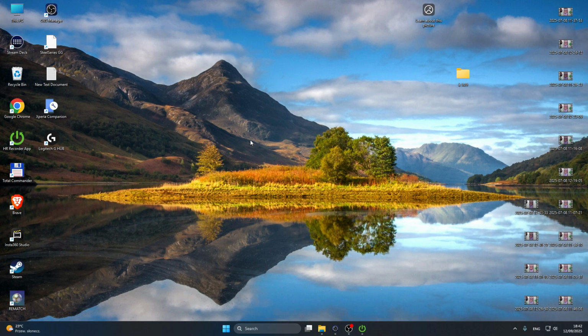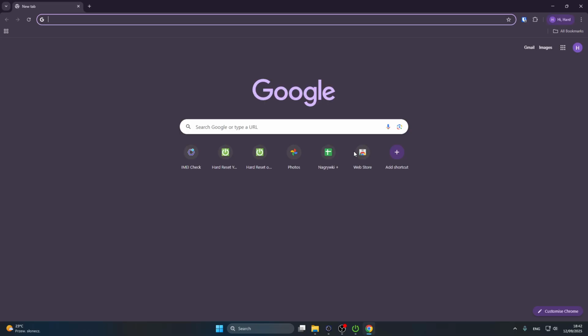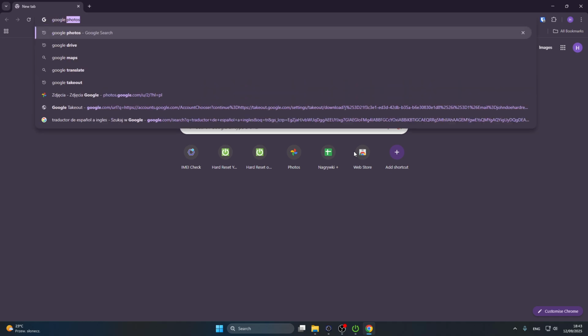You have to start by opening your browser. Now we have two options how to transfer these files. We can use Google Photos or we can use Google Takeout. This one is a better option, but first I will show you using Google Photos. So firstly we need to